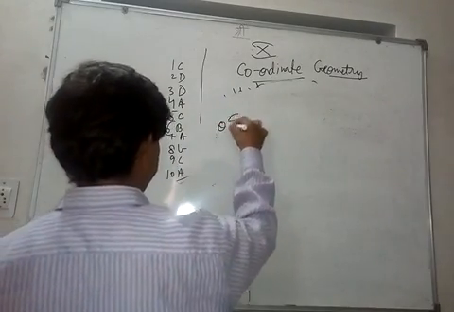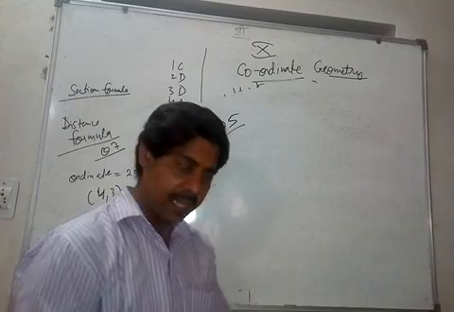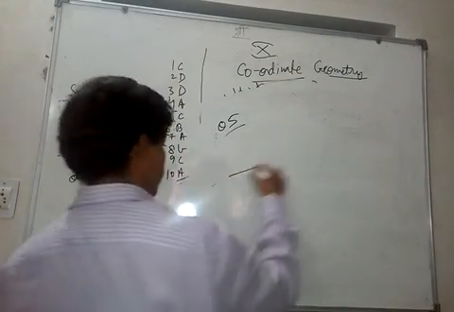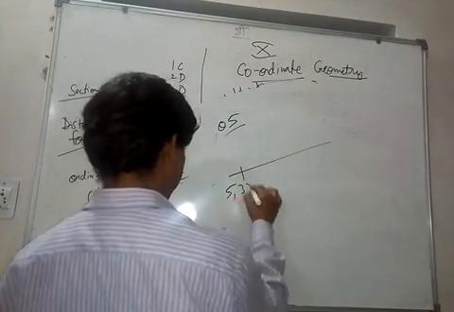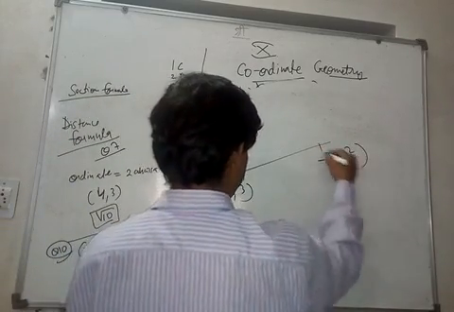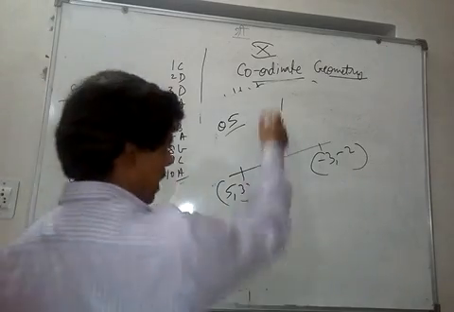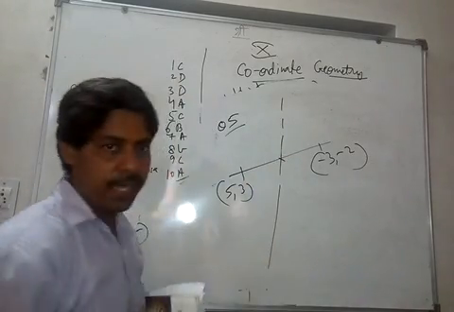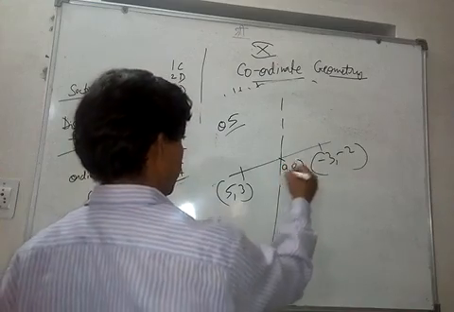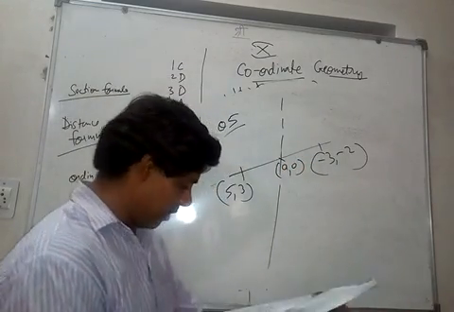So question number 5 is going like this. In what ratio does the x-axis divide the line segment joining 5, 3 and -3, -2? So there is a point 5 comma 3, and there is another point -3 comma -2. Suppose this is the x-axis. Any point on the x-axis is of the form a comma 0, that is, the y coordinate must be 0. So he is asking in what ratio this happens.